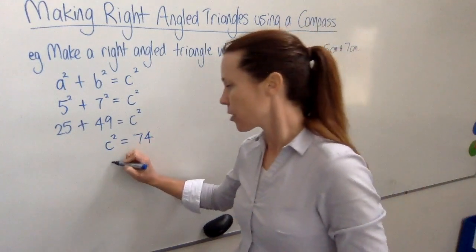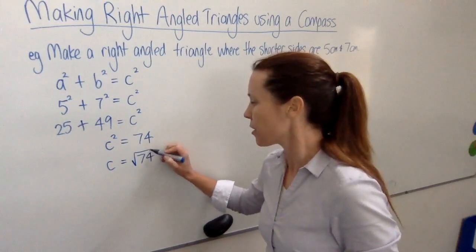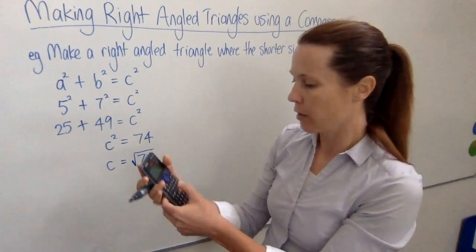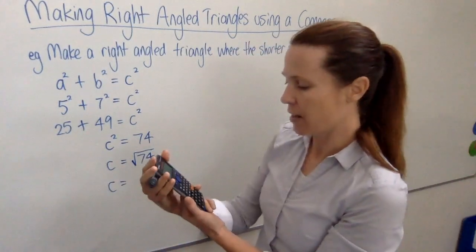Well, if I know what C squared is, then to find C, I need to take the square root of both sides. So I need the square root of 74. Now, this is not a whole number, so I'm going to take my calculator at this point and find the square root of 74. And we're working in centimetres, so the answer of